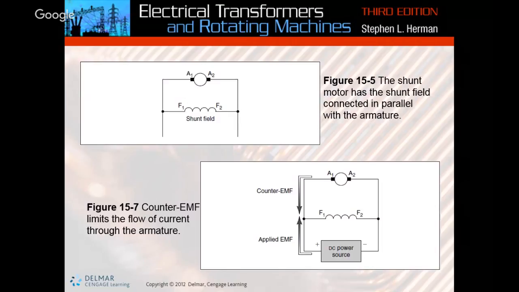Okay, so here's the book's version of what they're talking about here. Essentially the exact same thing that we just saw, but this is the shunt motor with the shunt field connected in parallel with the armature. And counter EMF limits the flow of current through the armature right here. So it's very similar to when we were talking about